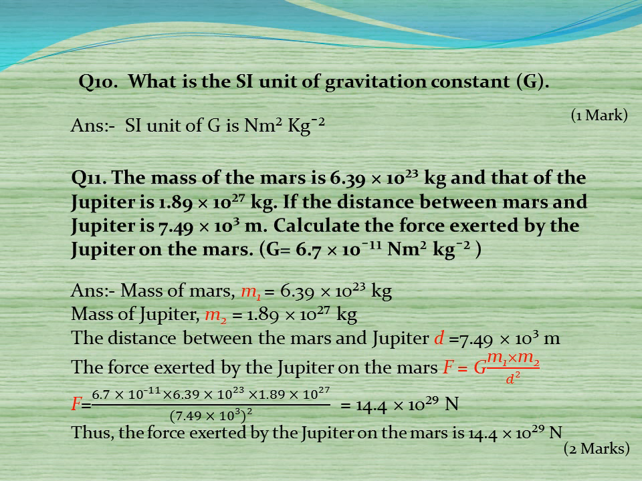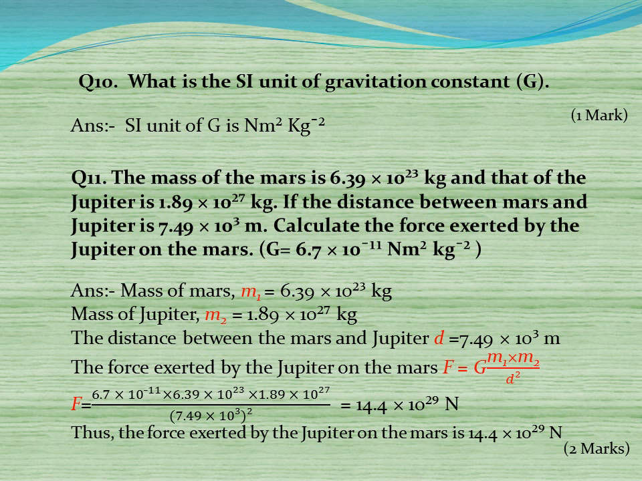Answer: mass of Mars M1 equals 6.39 into 10 raised to 23 kilogram. Mass of Jupiter M2 equals 1.89 into 10 raised to 27 kilogram. The distance between Mars and Jupiter D equals 7.49 into 10 raised to 3 meter. The force exerted by Jupiter on Mars F equals G into M1 into M2 divided by D squared